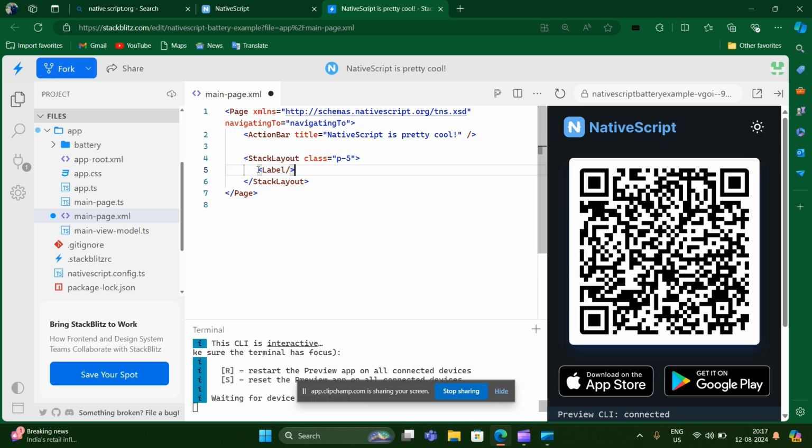So you have to always add this forward slash here because this is not an empty tag. Okay, this contains some content. If we want to display any text, then we have to use the label tag. So how can we write the text?